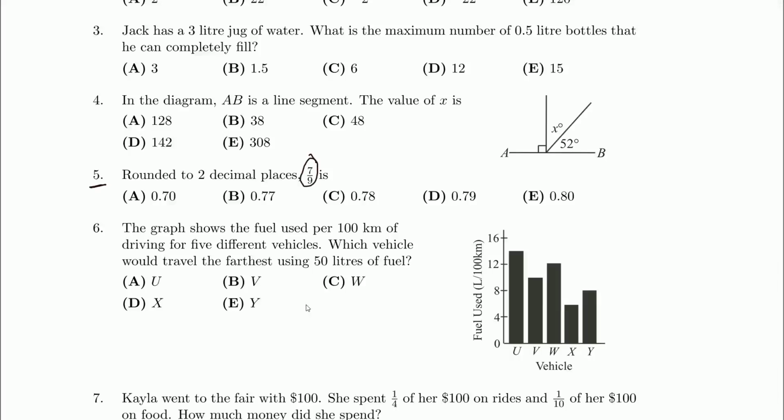So the real quick way to do this question is grab your calculator. The calculators are allowed on all of Waterloo's multiple choice contests. Actually, I think they're allowed on all the contests, although some of the more written ones you don't really need your calculator for. So, surely we could just do 7 divided by 9,